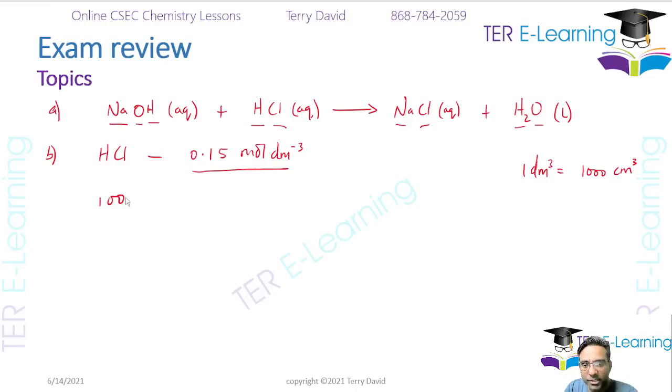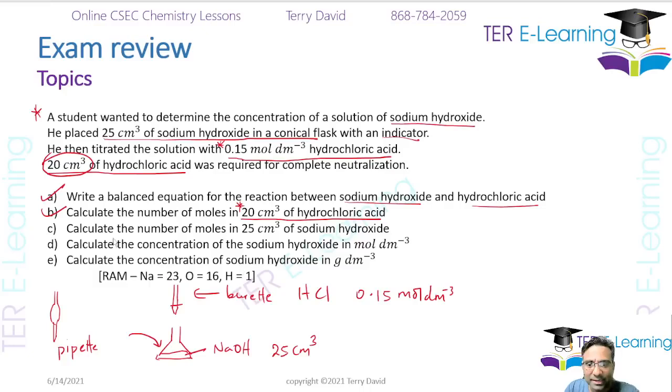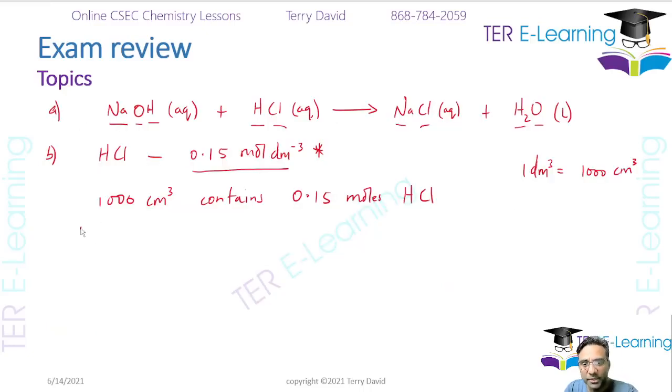So I'm going to say 1000 cm cube contains 0.15 moles HCl. That is what this is telling me here. That tells me that 1000 cm cube contains 0.15 moles. The next thing I need to do now, remember the question is asking how many moles do we have in 20 cm cube of the acid. So what I'm going to do is, therefore 20 cm cube contains,